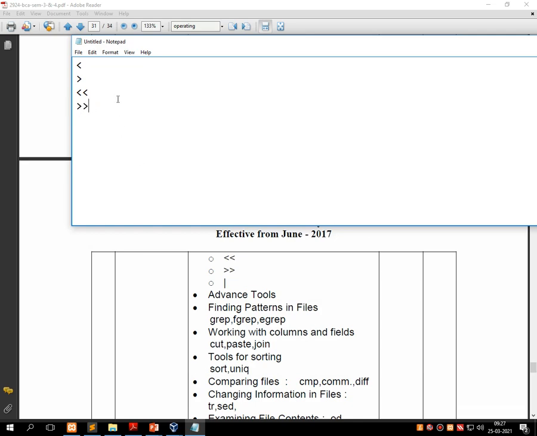Already in our cat command we have used this symbol called greater than. Actually greater than and less than are multi-purpose relational operators, where it is used to create and even to compare two values. Suppose we use this greater than with the cat command before the name of file, it creates the new file.